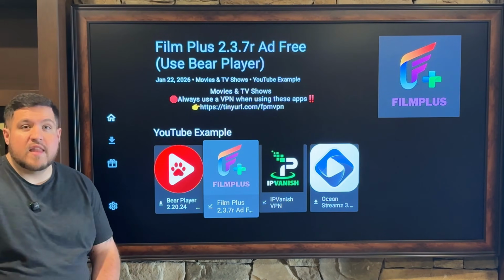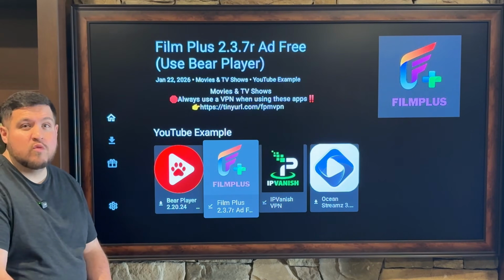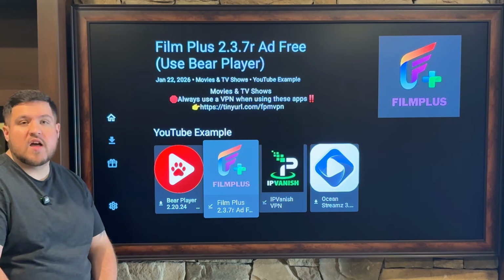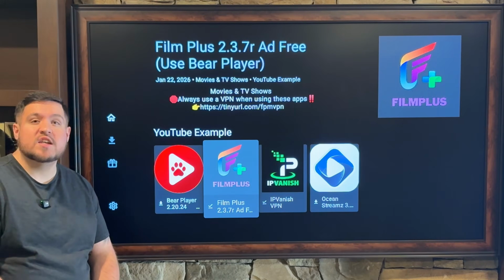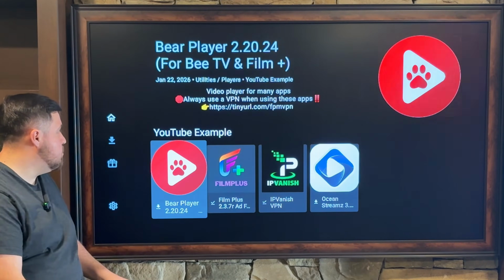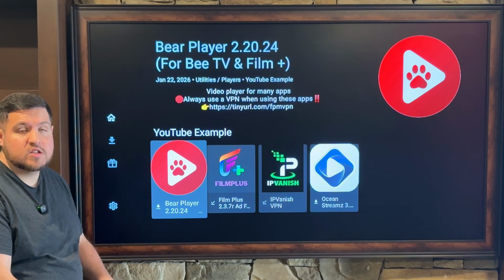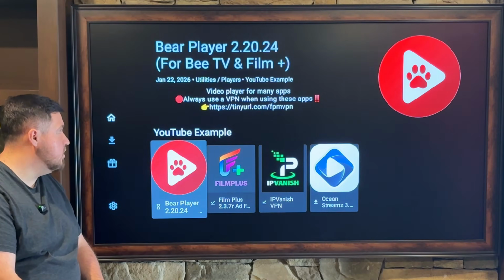All right, now that it's kicked us back to the store for a second time, I went ahead and gone back over to Film Plus, and I want you to read right here. It says use Bear Player. That's because with Film Plus, you have to have a specific player. In this case, it's Bear Player. So I've gone ahead and put Bear Player here, and we're gonna need that to watch anything that's on Film Plus. Let's go ahead and download Bear Player by clicking the center button, clicking download,